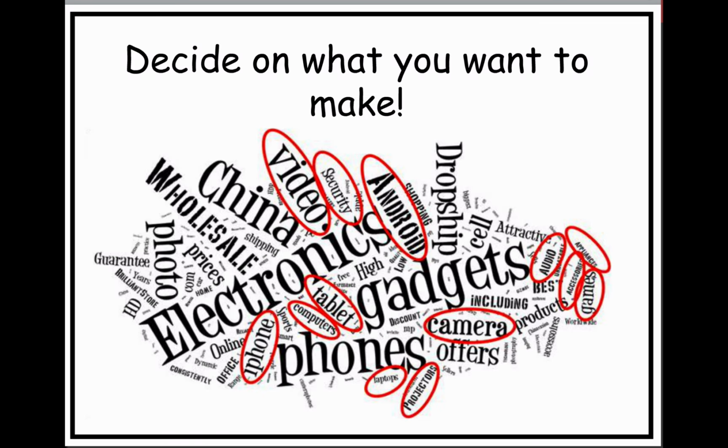So what I did here, this diagram, it's a word cloud, and what I wanted to do was just highlight, how do you decide on what to make? So I got some key areas in here, or words that I highlighted, in terms of devices or gadgets that you can explore. And you can see a bunch of them there. You got the video, you got security. Security meaning you can make a little security system. Video, there are some Arduino sketches out there that will allow the Arduino to actually create images that you can use for your projects. Of course, there's Android devices that you can connect to, like your tablet, your smartphone,